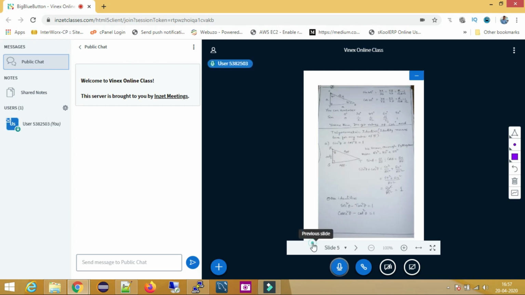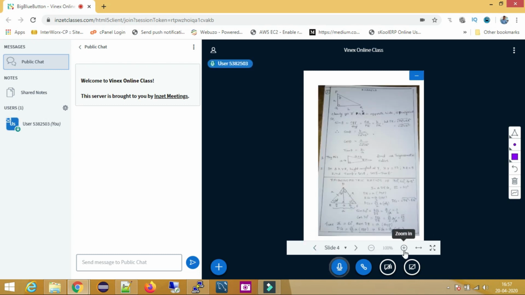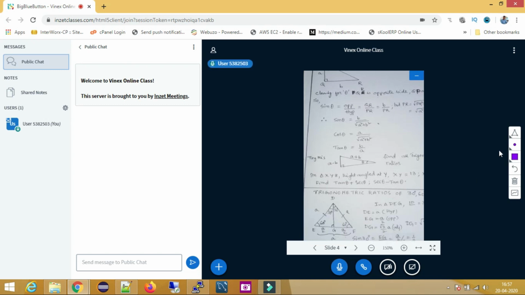If you want to explain a particular topic, you can zoom in and, by using markers, write anything you want. For example, while explaining this you can do underlines. You can reduce the width of the border and use it.